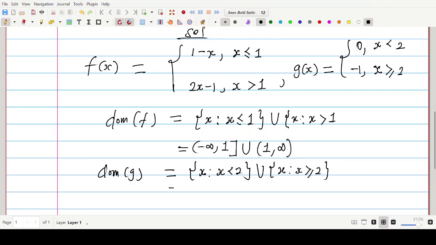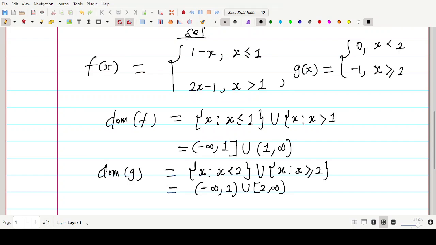Now, writing this in interval notation, since x is less than 2, we have minus infinity ending at 2 exclusively, union. Now x is bigger than or equal to 2, that means we start from 2 ranging to infinity. All right, so we have these two domains at hand. So what we shall do, in order to get the sum,